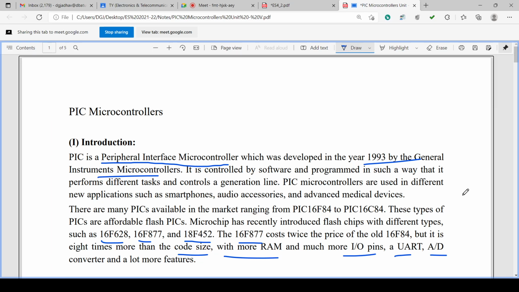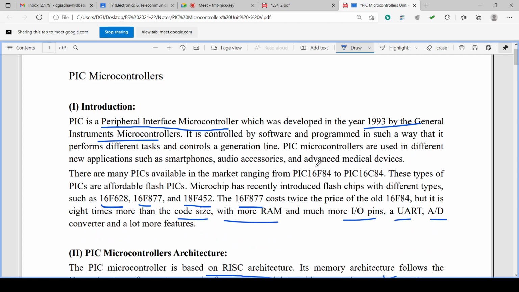PIC microcontrollers are used in different new applications such as smartphones, audio accessories, advanced medical devices, etc. And it has different ICs, PIC 16F84, PIC 16C84 types of the PIC, which depend on affordable flash PICs.